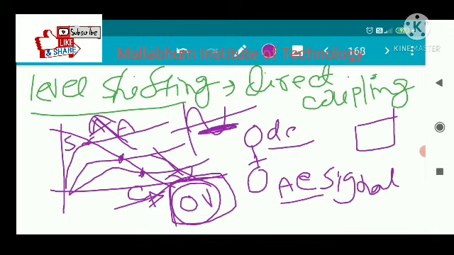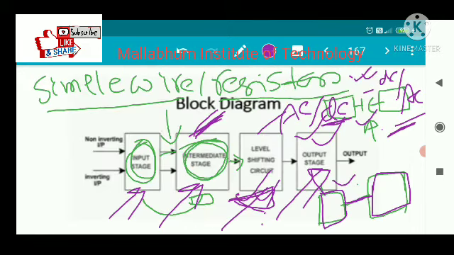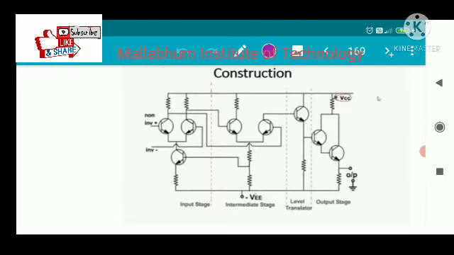Next, the actual diagram, the actual construction. I have said that inside every block there is a transistorized circuit, so just look into this diagram. Here is the circuit that I have drawn. This is a difference amplifier arrangement. The two inputs are there: this is the non-inverting input, this is the inverting input. Also there is one input transistor, and two outputs, this is output 1, this is output 2. Both outputs have been employed and passed to the second stage. You can see there is a second stage.